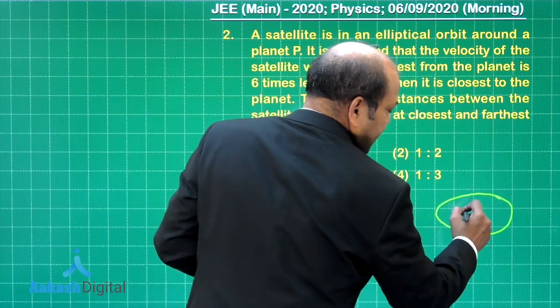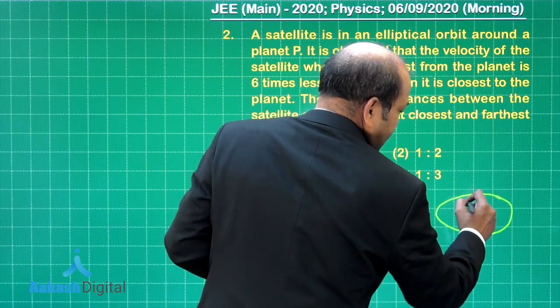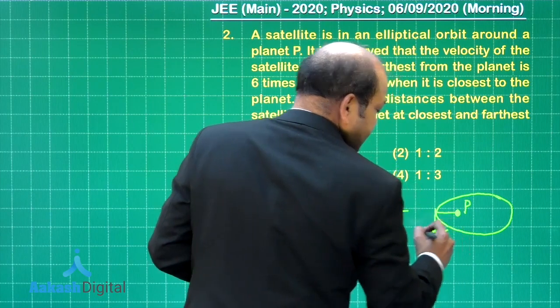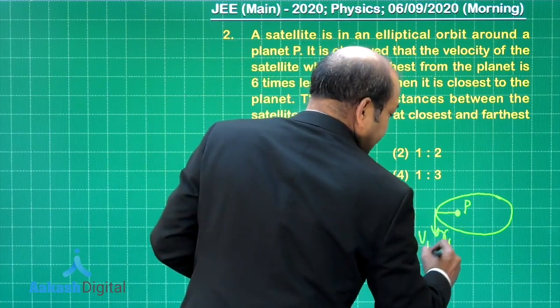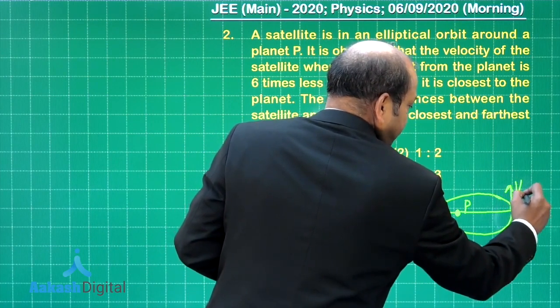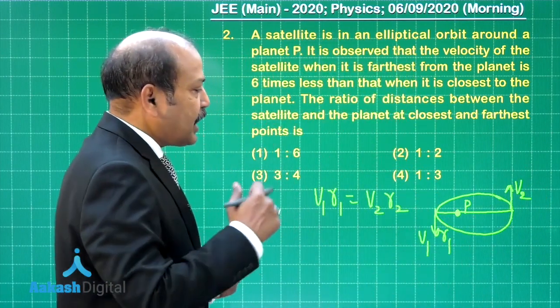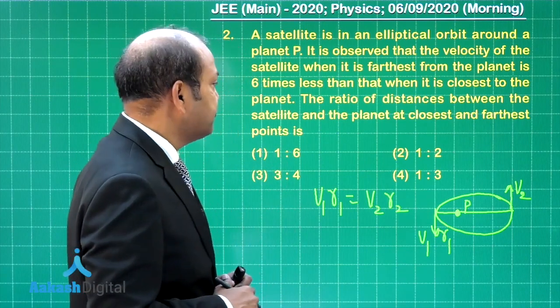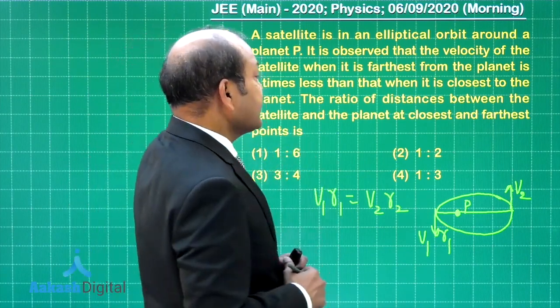So, this is the elliptical path. Let us say that the planet is here, and let us call this distance R1. At this point the speed is V1, and at this point, which is at distance R2, the speed is V2. So, V1 into R1 is equal to V2 into R2 by conserving angular momentum. Now, the question is asking us to find